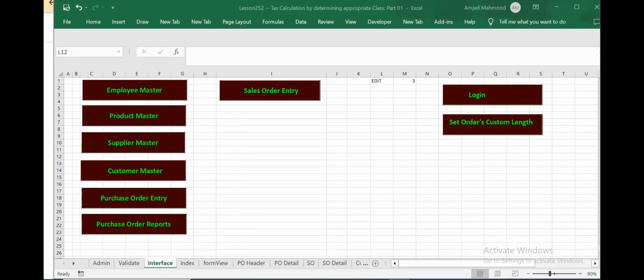So now that we have shown you how to develop the order system like purchase order and sale order, and how to edit an existing order, and how to create a new order, and how to use the classes in your development. Being a developer, you should use the object-oriented approach, and classes are the best thing to use. It is good for efficient memory management, and it gives you better readability of your code, and